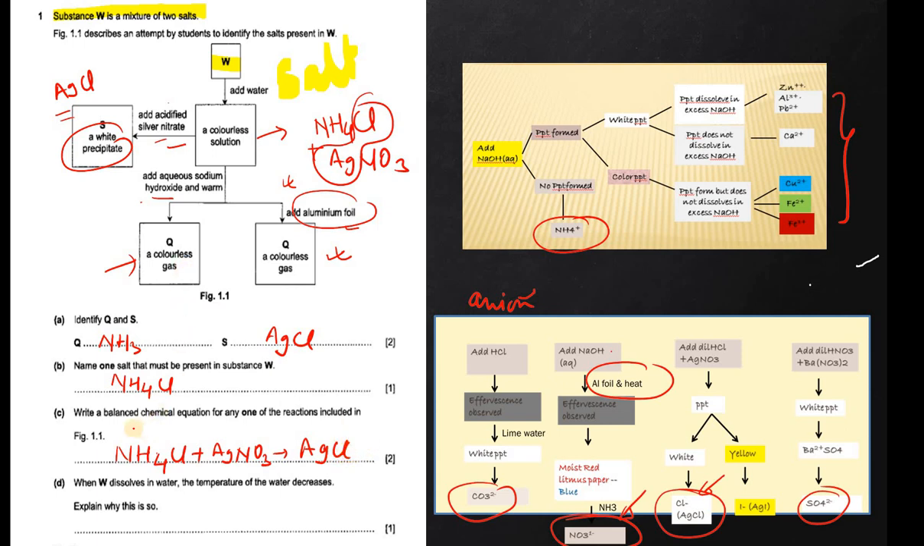Okay, now the remaining part you can combine here, plus ammonium nitrate. You can also write the ionic equation if you want to express that. It will be Cl minus plus Ag, written with the state symbol aqueous,